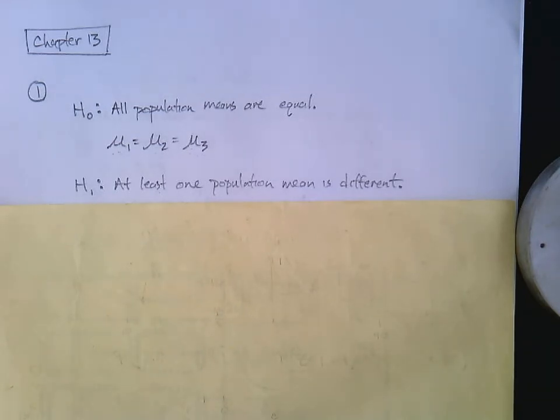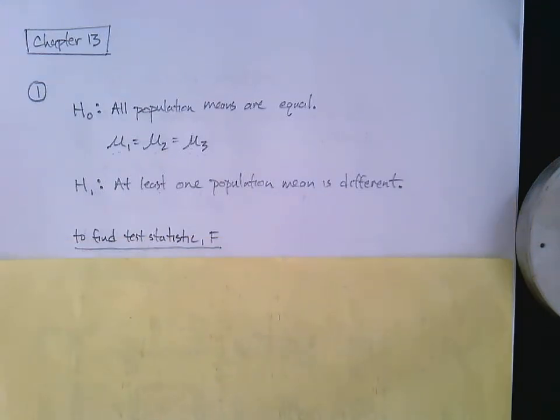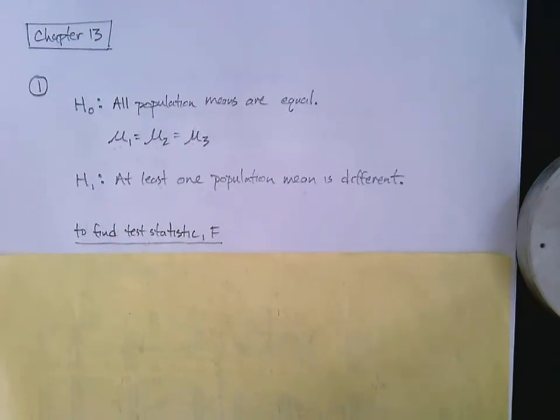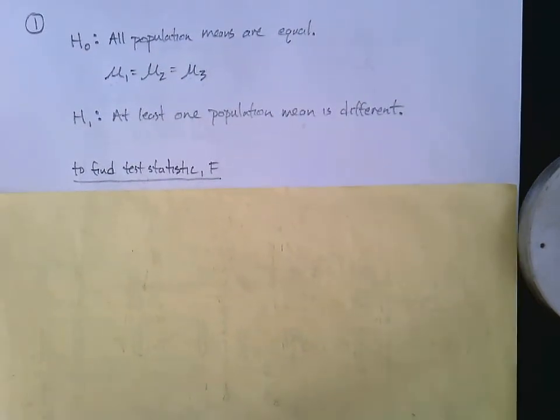Okay, very nice. Now the exciting part. How do we compute the test statistic? I'm going to do a separate video showing you how to do this in Statcrunch, and you'll see my Statcrunch page. But for now, I'll walk you through it. To find the test statistic that we refer to as F here,